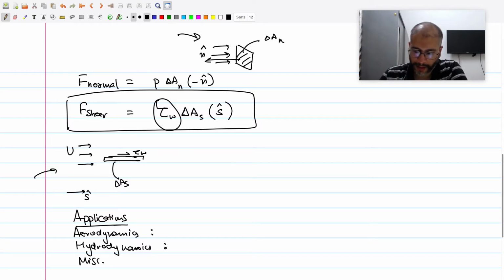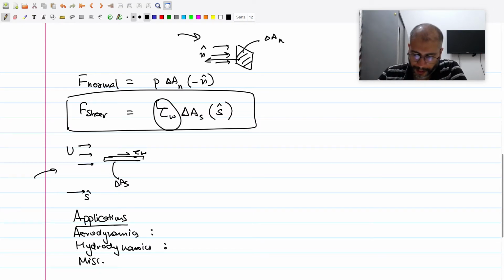Another example would be a flow across pipes. If you have pipes going under the sea, then because of the movement of water, there could be forces. So that's not flow inside the pipe, but across it.